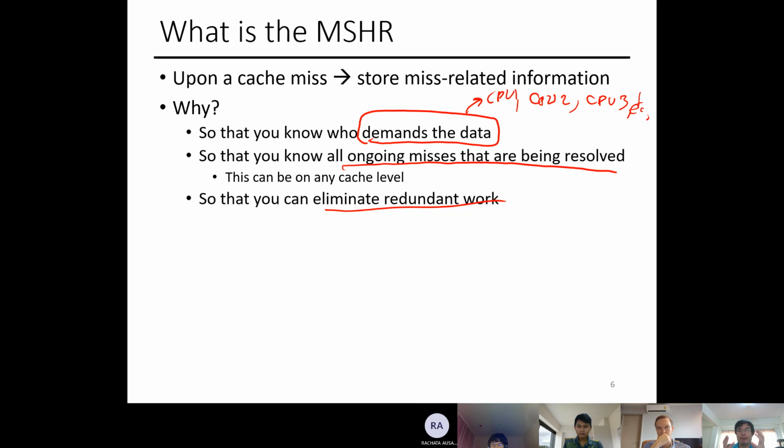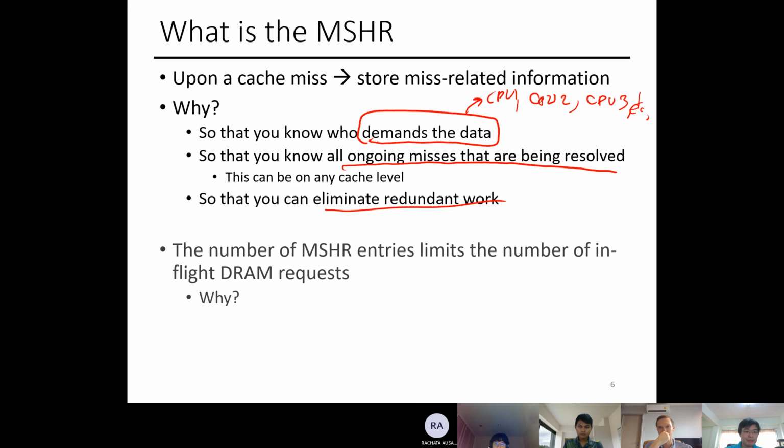When the data comes back, that request goes into and notifies the MSHR saying, hey, that address came back. Whoever needs the data is on this cache block right here. And the number of MSHR entries is the limiting factor to how many requests you can have to DRAM in flight, right? Because all cache misses